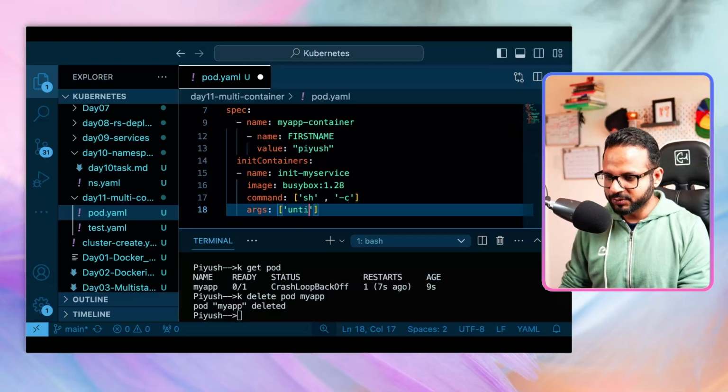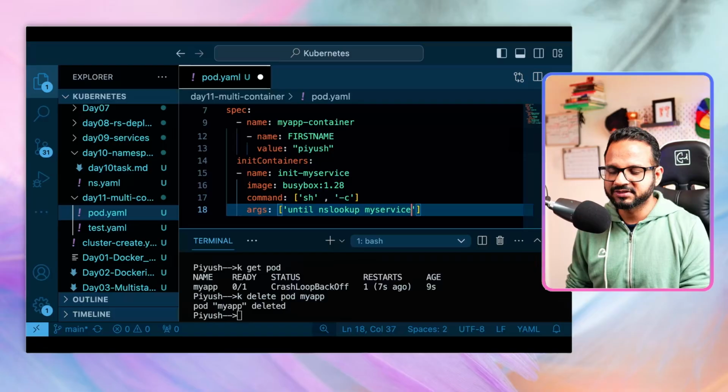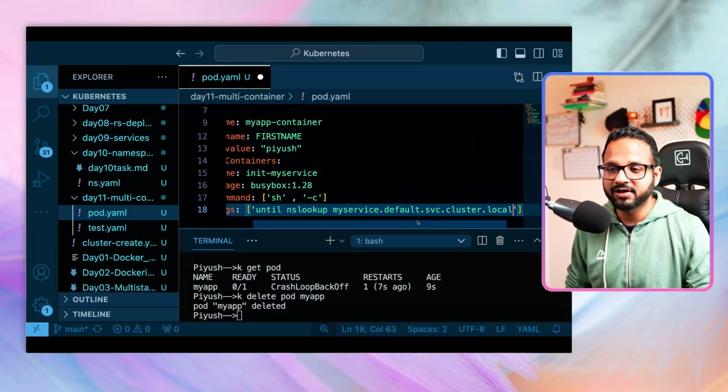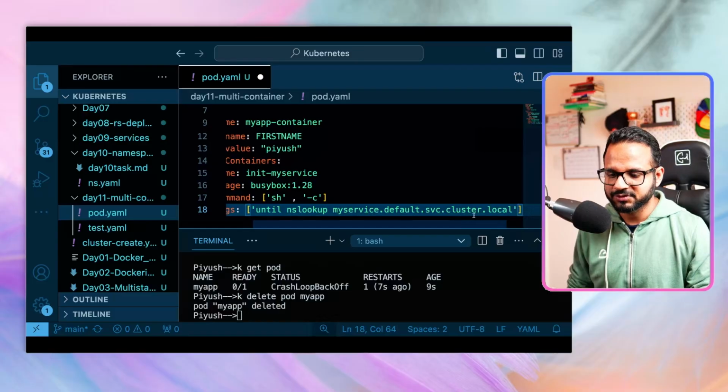So I'm going to do until nslookup, okay, myservice, because this is the service that we'll be creating, dot default dot svc dot cluster dot local, where default is the namespace name. Okay, so it says until this command returns a result, okay, to something. So let's say